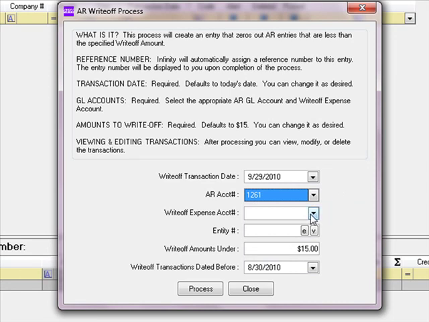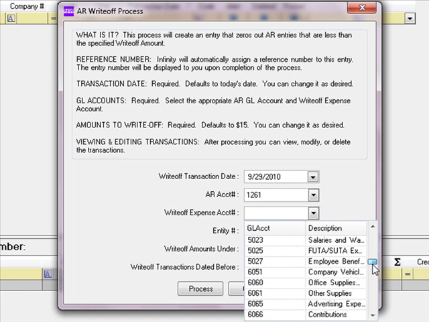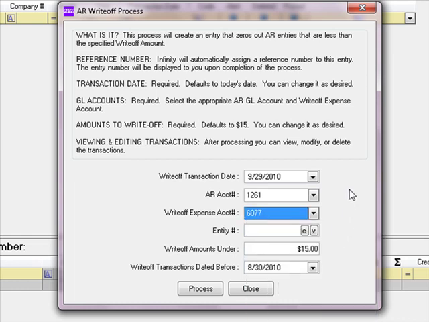Next, select the write-off expense account that you want this transaction to be debited. It's usually a miscellaneous or bad debt. If you leave the entity number blank, the system will go through all entities within that general ledger account number that has been specified. If you want to write them off just for a specific entity, enter the entity number